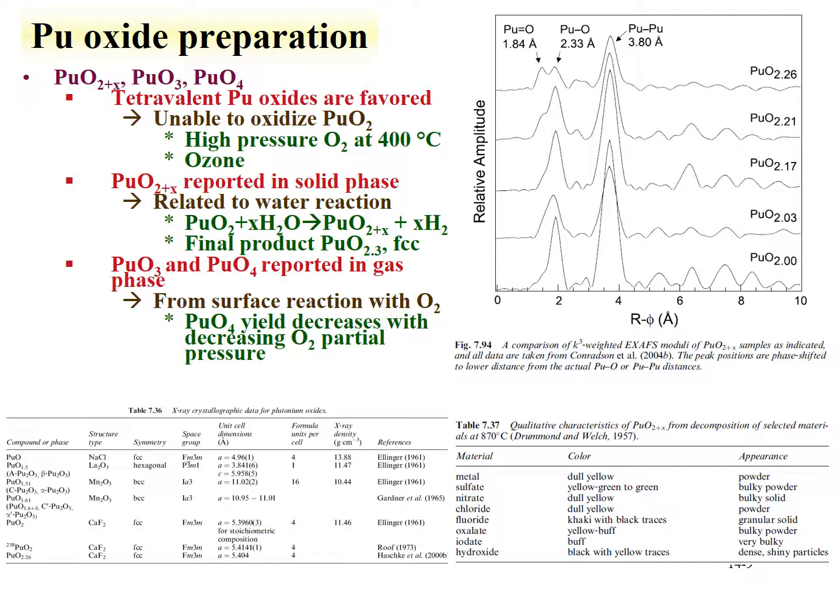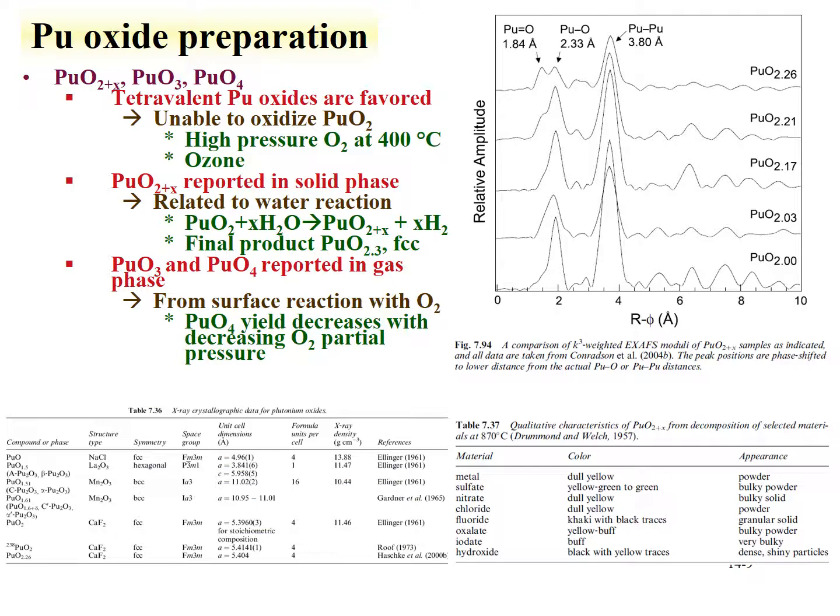This has been related to some water reactions as shown here, and also shown here is some XAFS data where we see, as we go from PuO2.00 to PuO2.26, the growth of this plutonium-oxygen double bond at this peak. This is indicative of the formation of oxidized plutonium species. Now, other plutonium species, PuO3 and PuO4, have been reported in the gas phase, and primarily